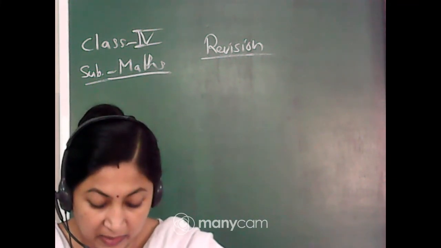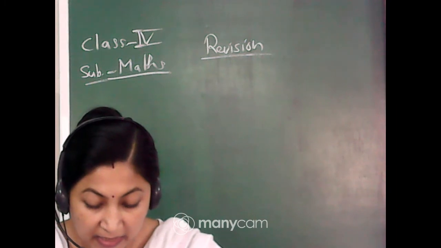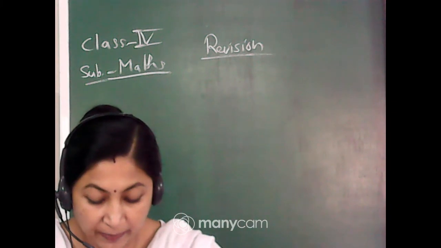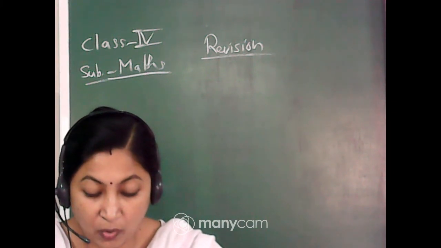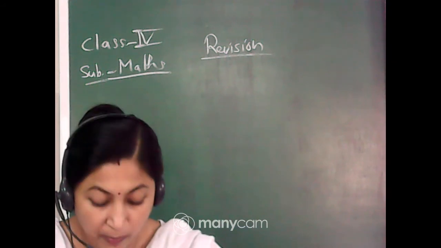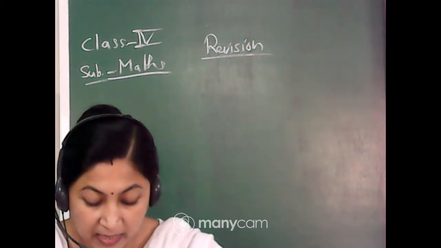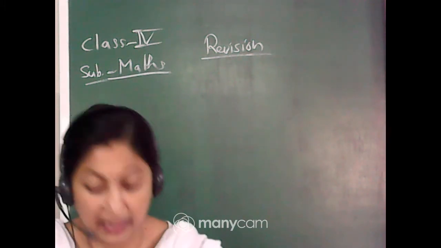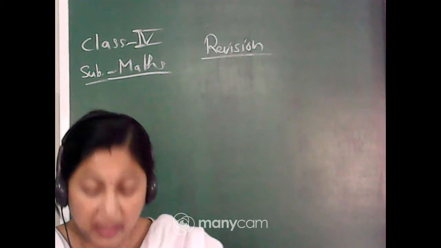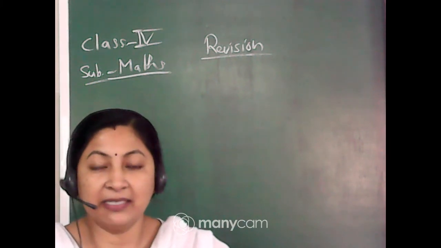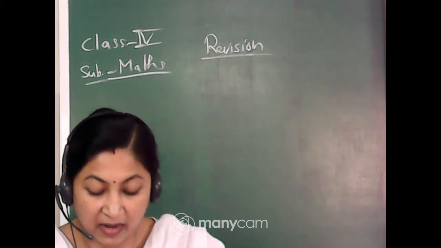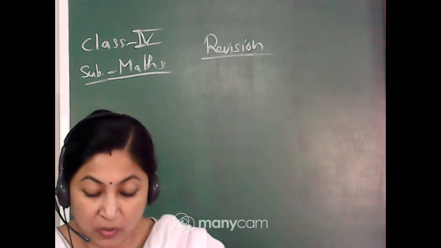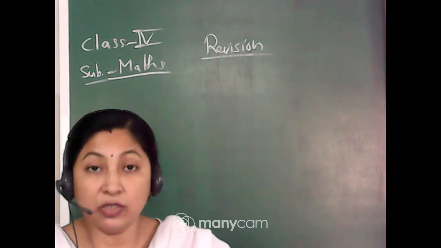Okay, see the first one. As you can see, Gayatri has counted the legs of the cats, and she wants to know how many cats are there in the box. So how has she calculated how many legs and then how many cats? She has distributed two columns, one is how many legs and the other is how many cats. If there are 4 legs, that indicates there is only 1 cat. Then if there are 8 legs, there are only 2 cats.